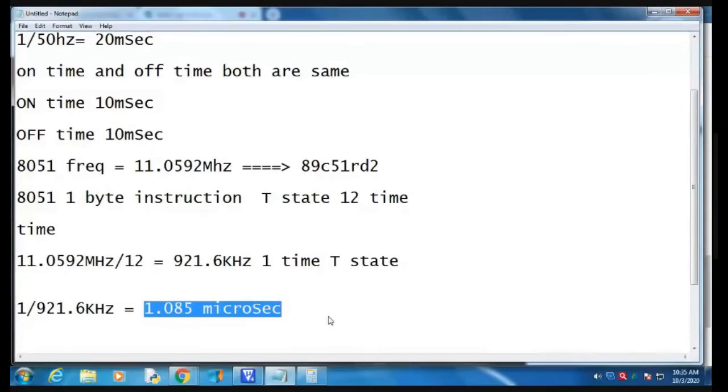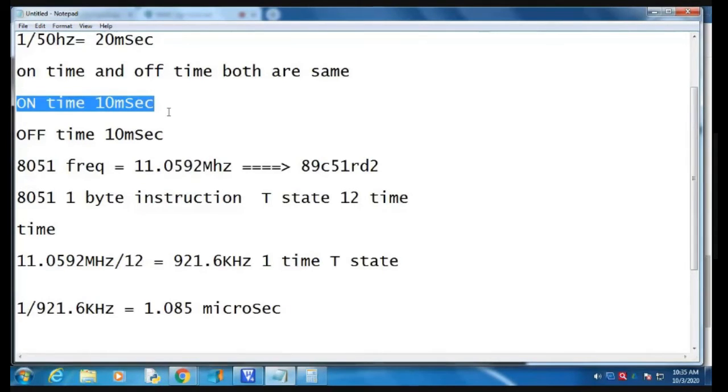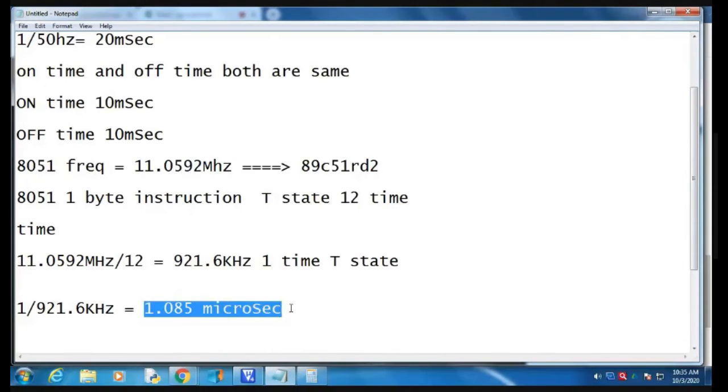Now we have to calculate the on time period. My on time period is 10 millisecond, and my microcontroller T state time period is 1.085 microsecond.